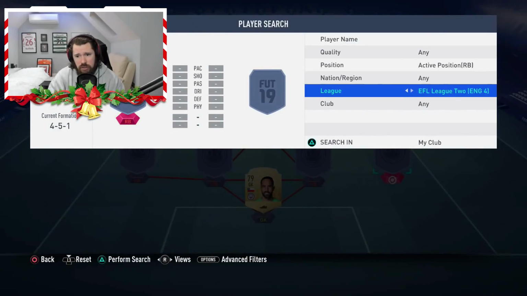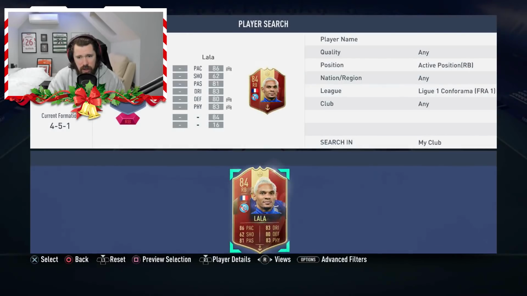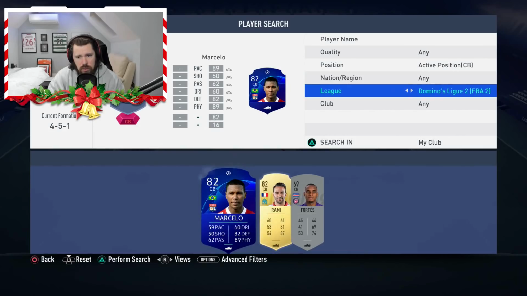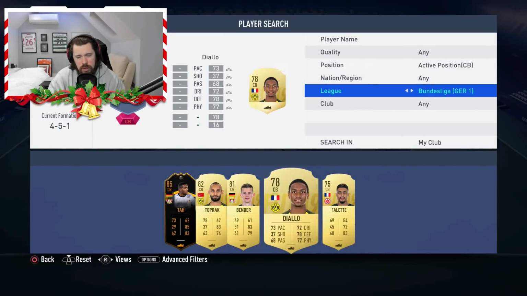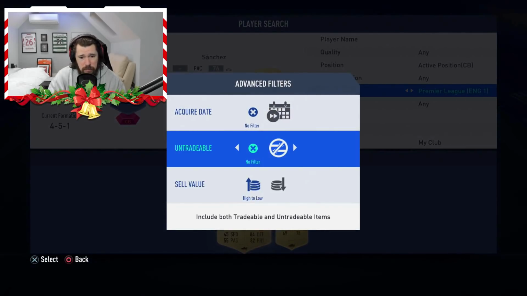And so let's go for the French League. Do we have enough untradables here to just fill it up? Well, I don't really have that many untradables at all. What about the Italian League? Do we have good untradables here? The Bundesliga? Not really at all. Is Premier League our best bet still, even though we've already used a whole bunch of untradables? No, not really. Premier League's probably our best bet, but...